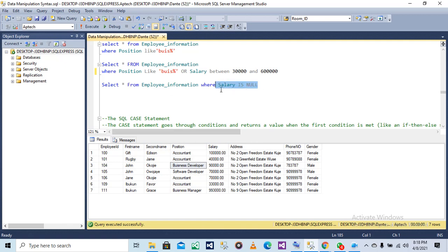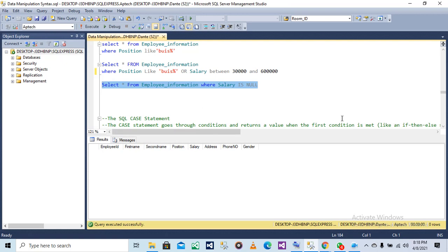But we don't have any null value in any of these columns, so we won't get any results, because all the values under the salary column are filled, and we gave it a not null constraint. That means it's a compulsory column.